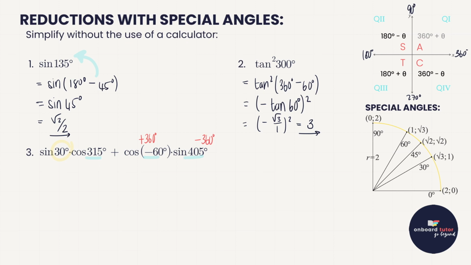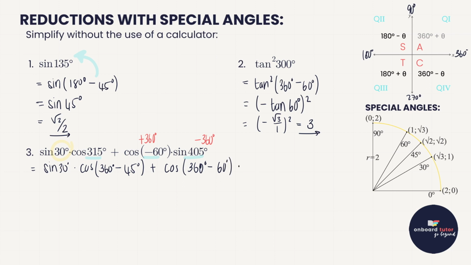What's nice about that cos there where we add 360 is it straight away shows us which quadrant we're in. So we could work it out, get to cos of 300, and then go and put it in quadrant form, but we can actually just take a shortcut and say this is going to be in the 360 minus 60 quadrant. So let's rewrite that first step. Sine of 30 is fine, times cos 315 degrees is somewhere here, so we can rewrite that as 360 degrees minus 45. That gives me 315. Then plus cos of 360 minus 60